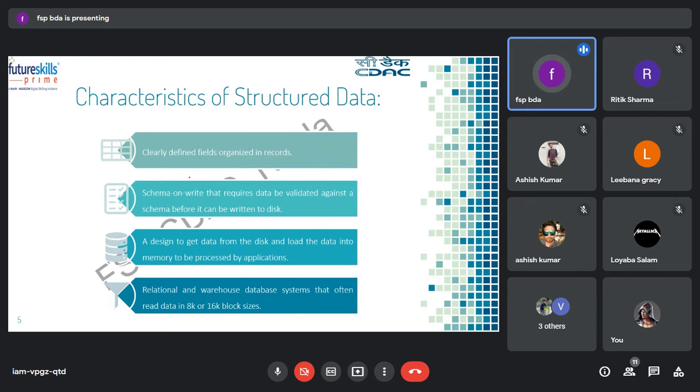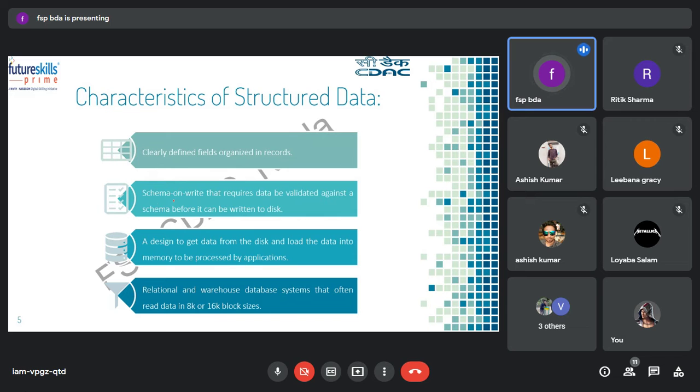It has clearly defined fields organized in records, and records are usually stored in tables. Fields have names, and relationships are defined between different fields.